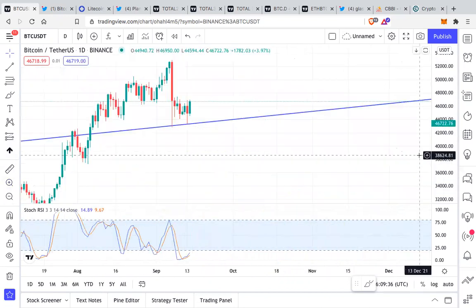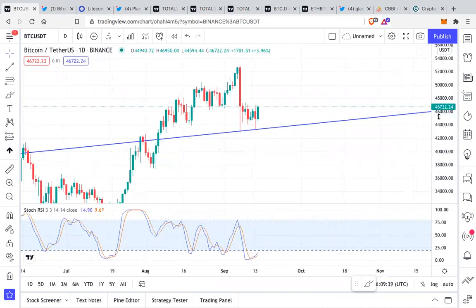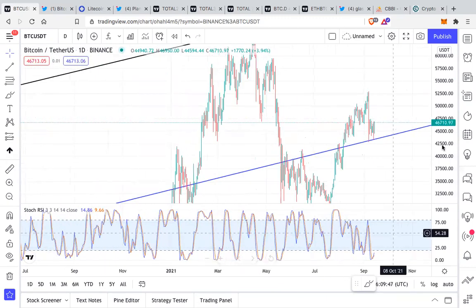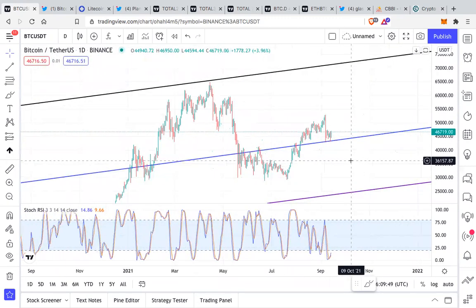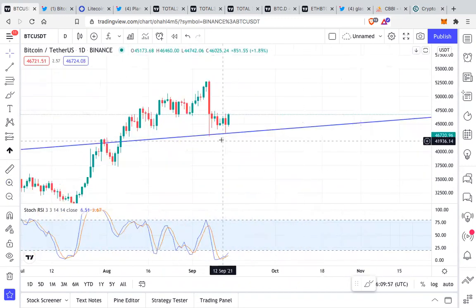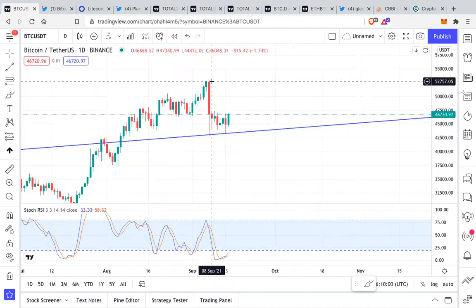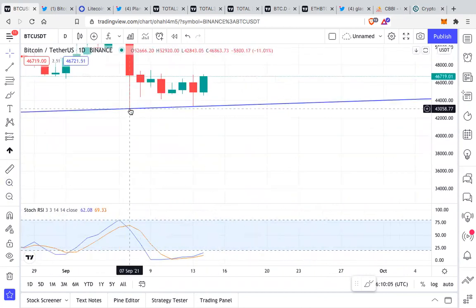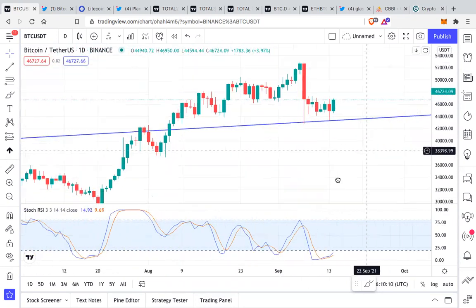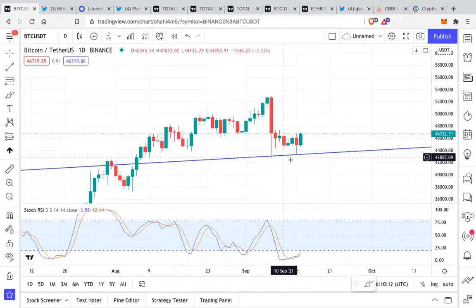If we look at the current Bitcoin price, we can very clearly see it's getting support from our blue trend line. I am telling you that I have not done anything to this chart. This is the chart that I have kept as it is, and we have been following this trajectory since 2017. What we are clearly seeing is that even in last week's Bitcoin correction, which was almost $10,000, look where it got the bounce from. It got the bounce from our blue trajectory line, and currently we are consolidating above this trajectory line.